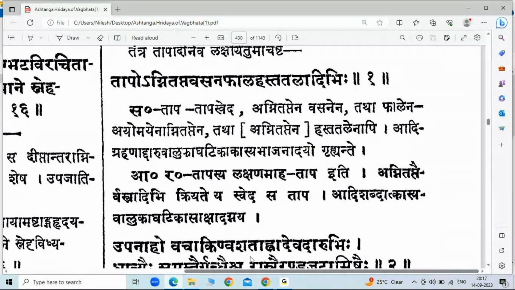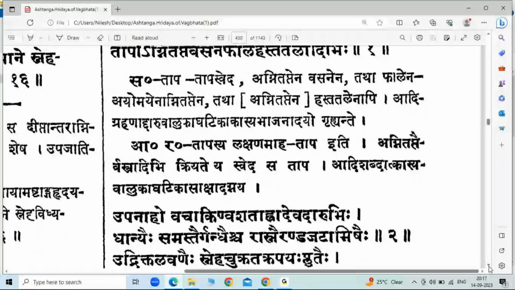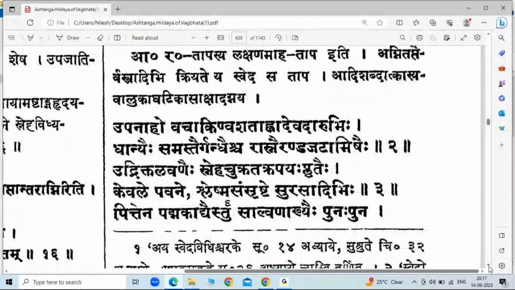Then next is upanahasvedam. What is upanahasvedam? Upanaham is the word used. Upanahyate iti upanaham. The word upanaham means bandhanam. Upanahyate badhyate charma padadina iti upanahaha. So we find a method here